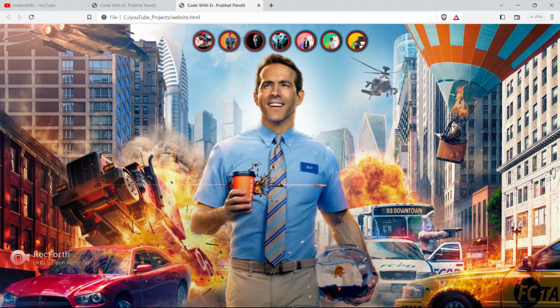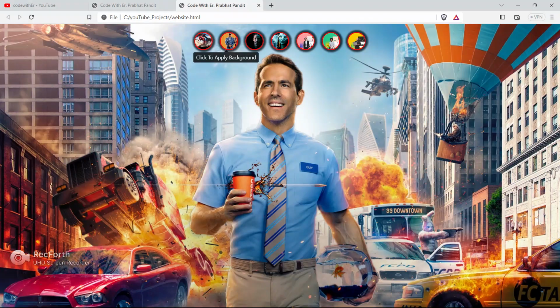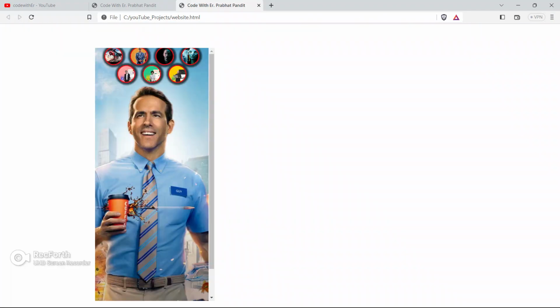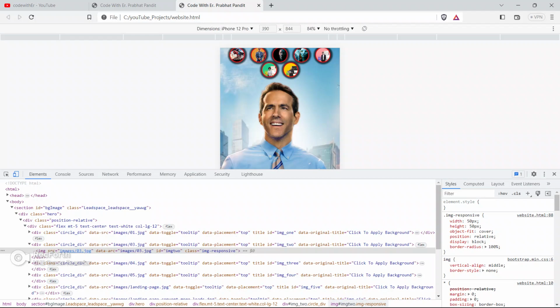As of now the alignment is bottom because we have not got spaces above. Okay, so let me put some space above this, then you will be able to see the tooltip above this circle also. Okay, so go here, inspect this,